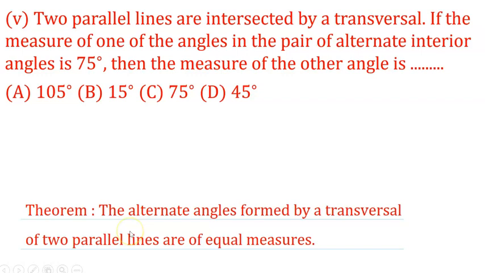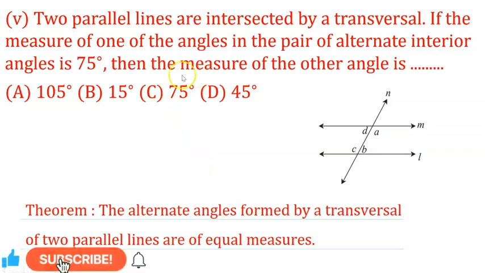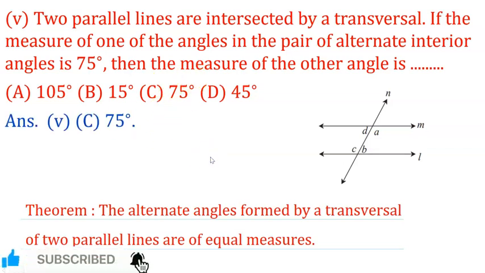Okay, now what is the theorem? The alternate angles formed by a transversal of two parallel lines are of equal measure. Now see this here, the alternate angle pairs: the first pair is B and D, the second pair is A and C. Therefore the measure of the other angle is 75 degree, and hence option C is the correct one. Now next,